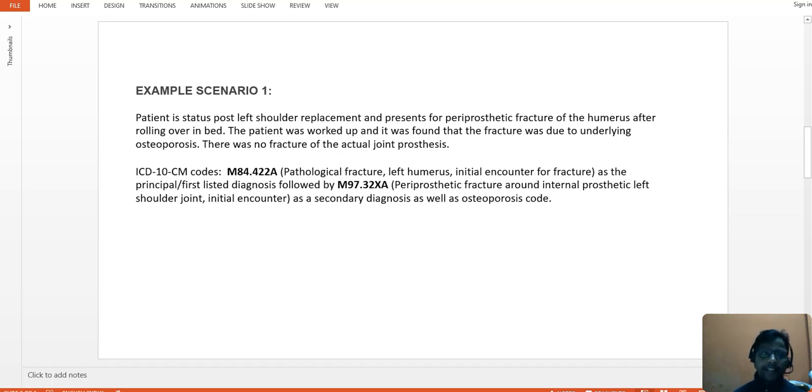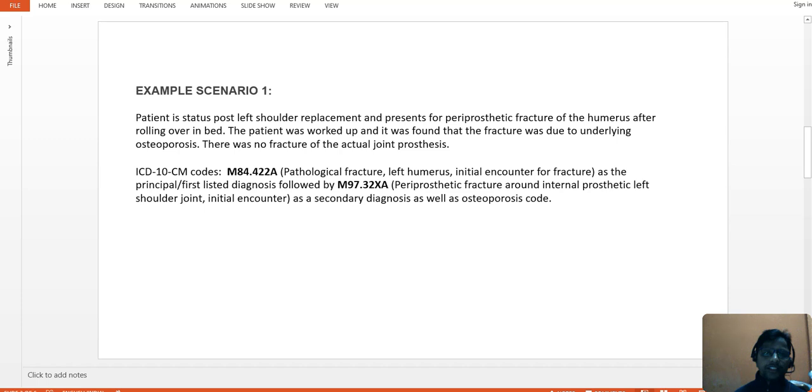As the fracture is around the prosthetic implant, we will not code it as a complication of the implant. We need to code it as periprosthetic fracture. So here there is no fracture of the prosthetic implant. Basically this is surrounding the prosthetic implant, not related to the implant itself. So here we need to assign